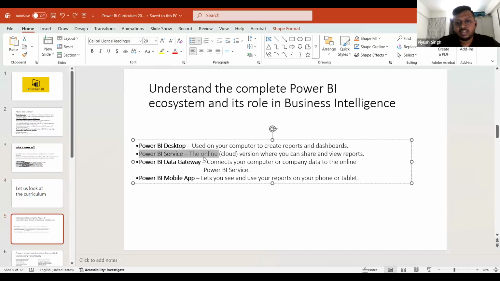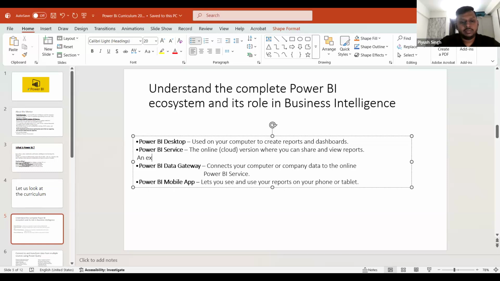Power BI service is an ecosystem within your company where you can share reports with the end user. So this is the place, Power BI service, where you publish your report and share it with the client.